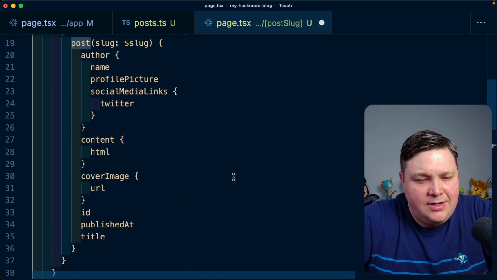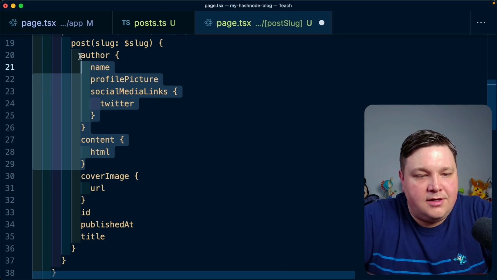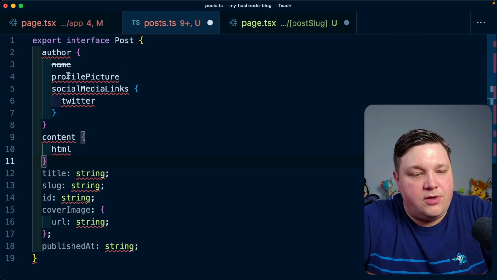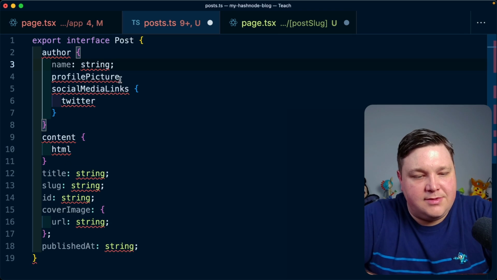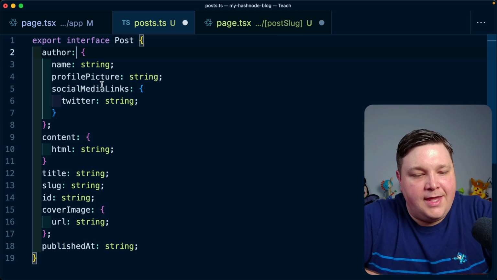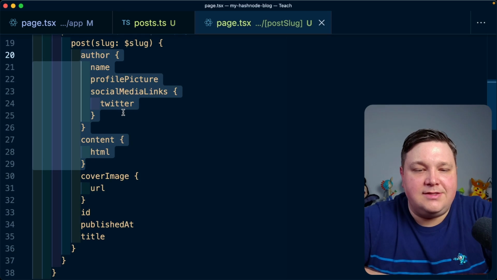But now we have our post, and it's going to be correctly typed out as our post, where I think the only thing is it's missing some information here, particularly the content and the author, where the rest should be filled in. So let's move that over as well under our post. And for most of these, similarly, they should be strings. So we have our author name as a string, profile picture, we have our media links. I'm going to add that colon there. The HTML is going to be a string, of course, our author. And I think that should be all pretty good to go